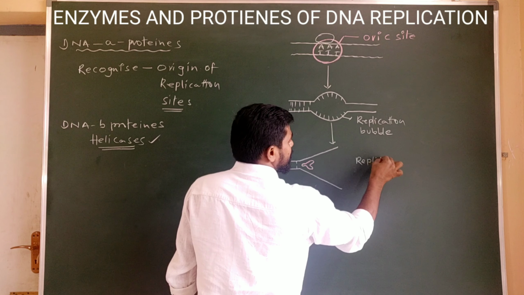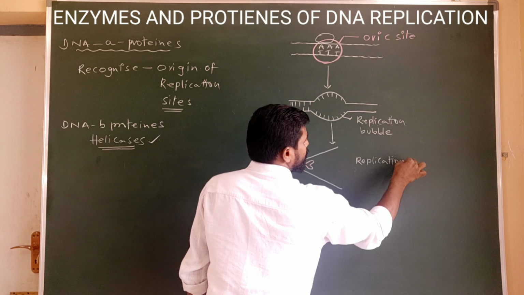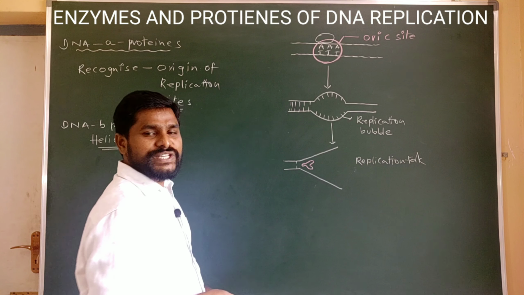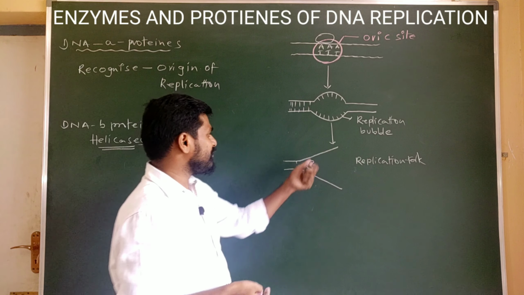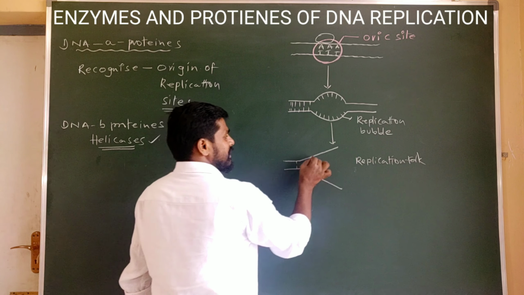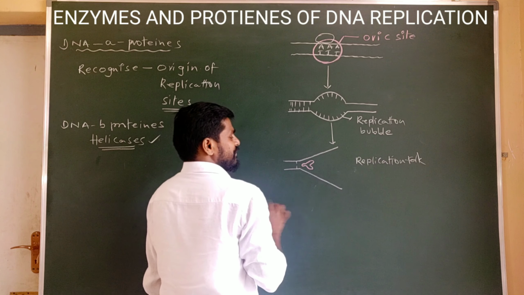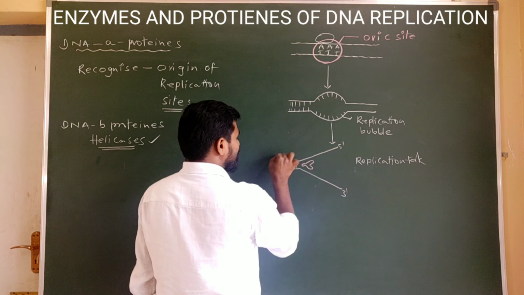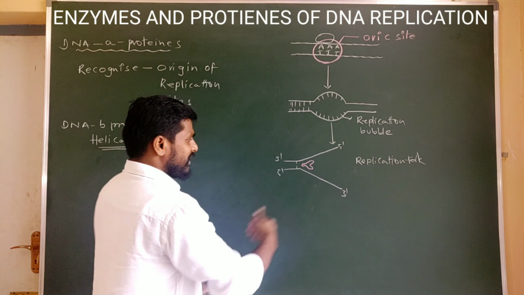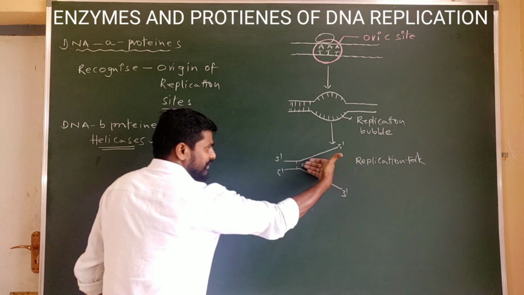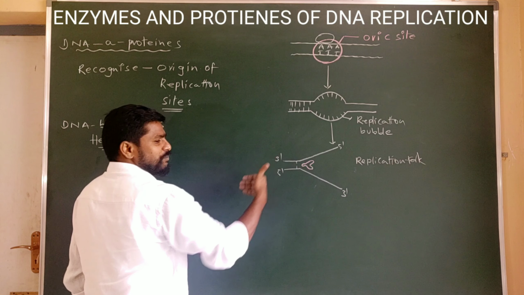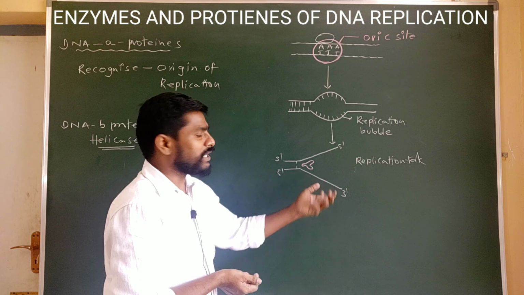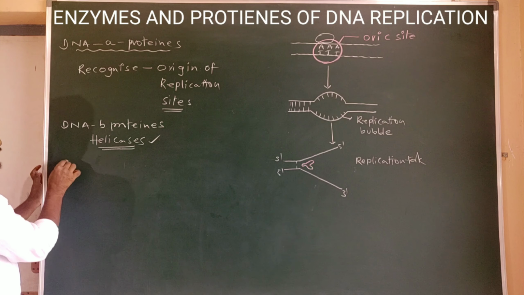This is the replication fork, which consists of extended single-stranded stretches of DNA. This is a single-stranded extended stretch of DNA, 3' to 5' and 5' to 3'. So in this way, the helicases move on further by cleaving the hydrogen bonds, thereby unwinding the DNA and finally forming a replication fork. And the next one is